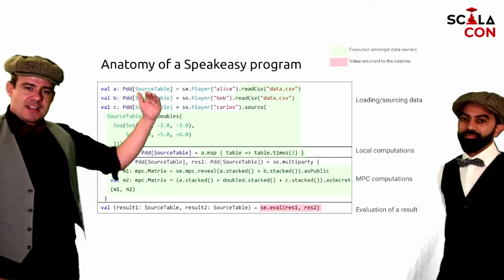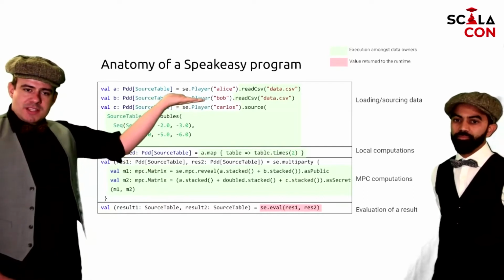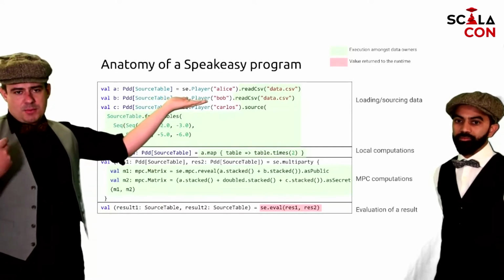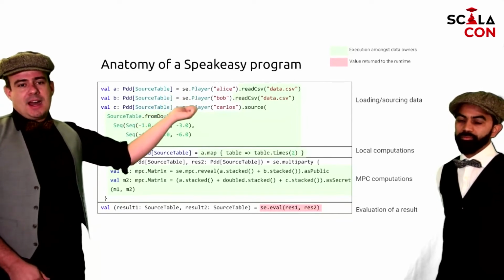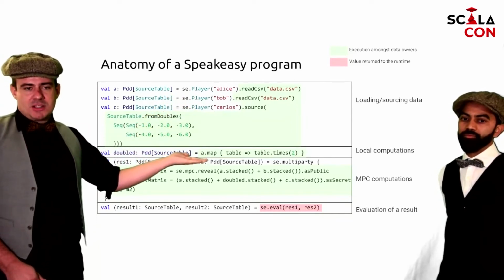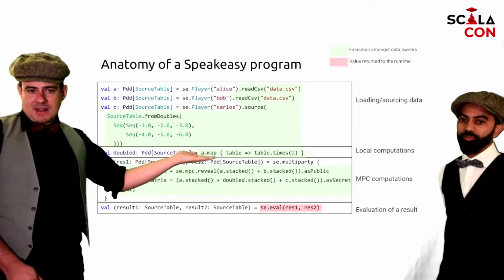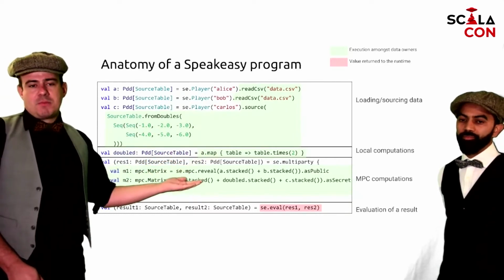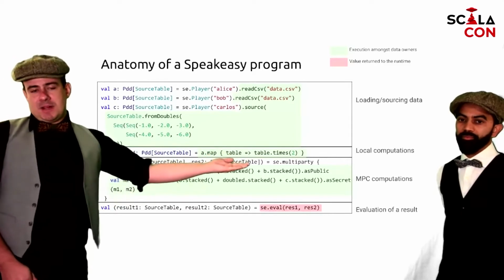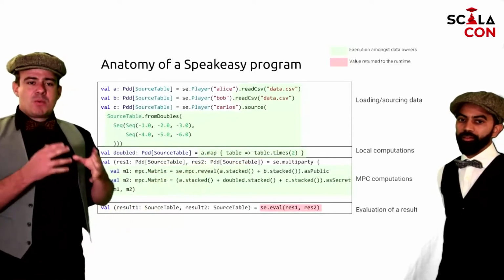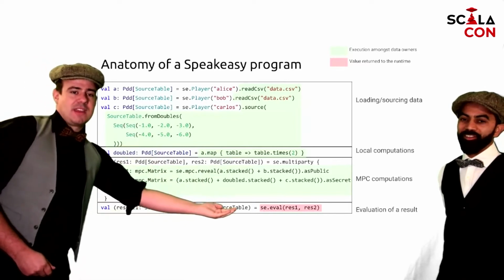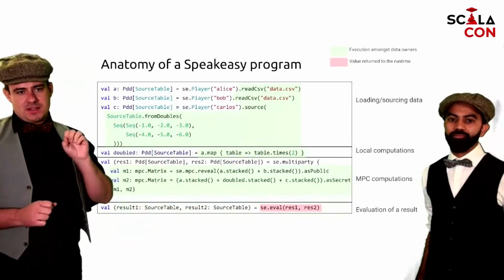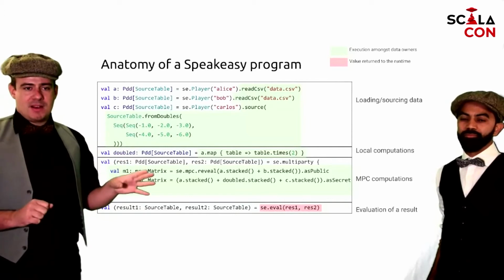So what we're doing is we're defining a pipeline of computations. This is divided into sourcing data, so instructing the program to say, read data from somewhere, from some owners, then running some computations on it. For example, this is a local computation, followed by a computation in the multi-party realm, but we're not running it yet. The running happens later on in what is the red thing here. So that's the first thing to note, this distinction between defining a pipeline and running something.